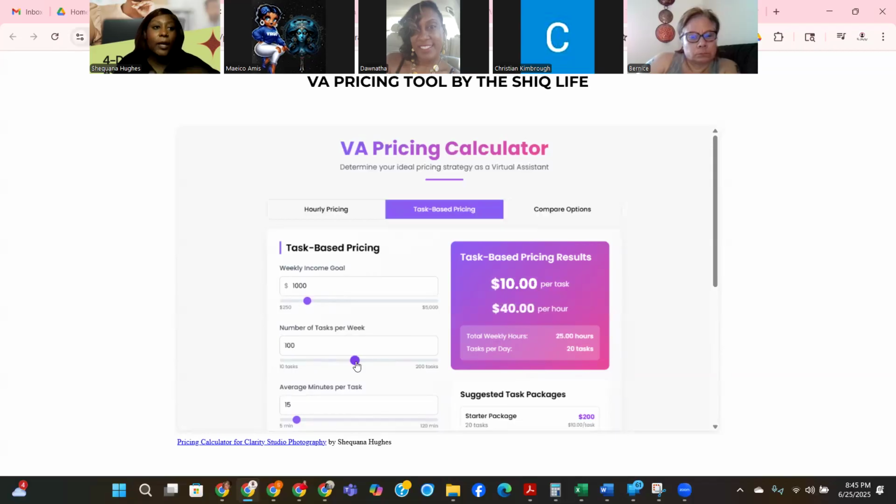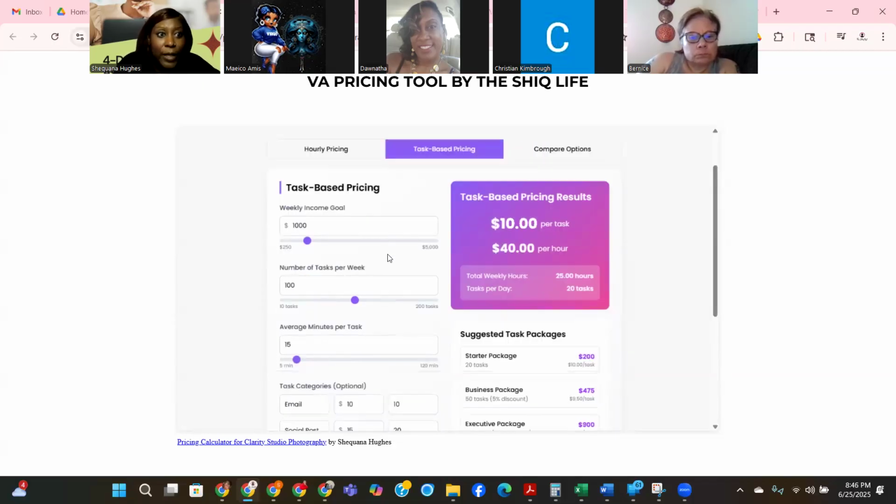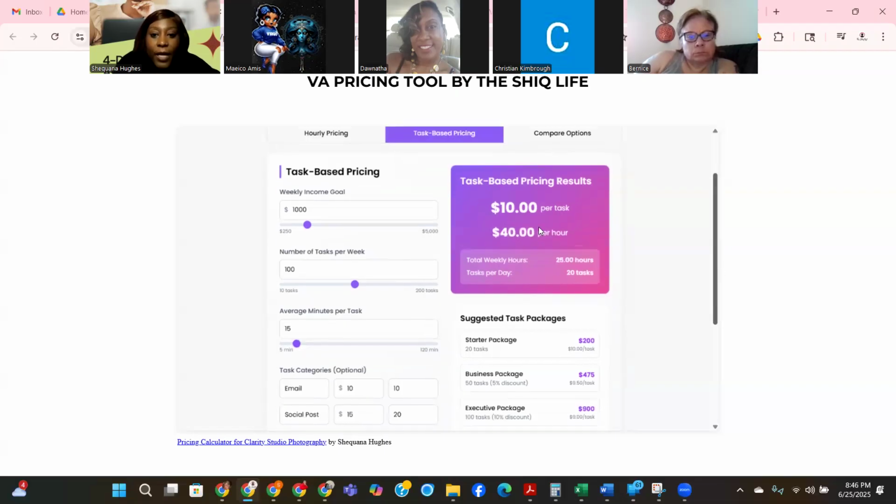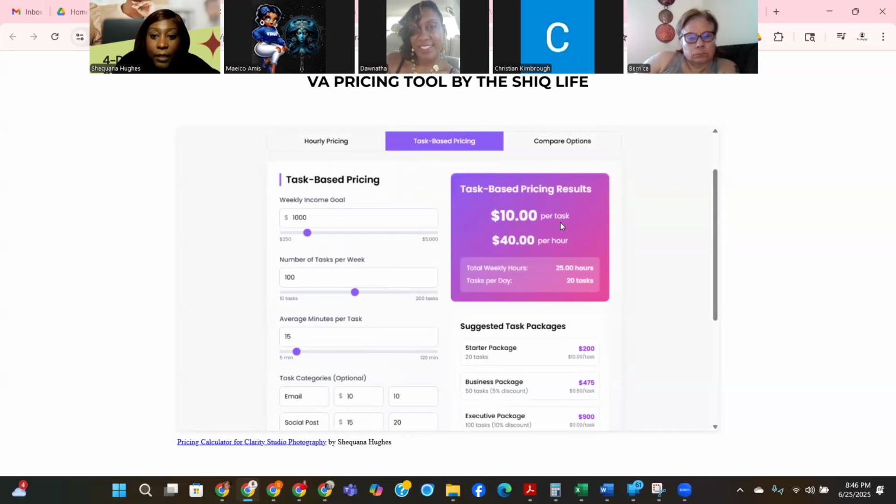Because a task can be anything. It can be check an email, send an email, and you might send 10 emails. So that's 10 tasks, right? And then you can ask ChatGPT or whomever, how long does it take you to check 100 emails or whatever? And it may say however long, and you can put a time on it, say 15 minutes.